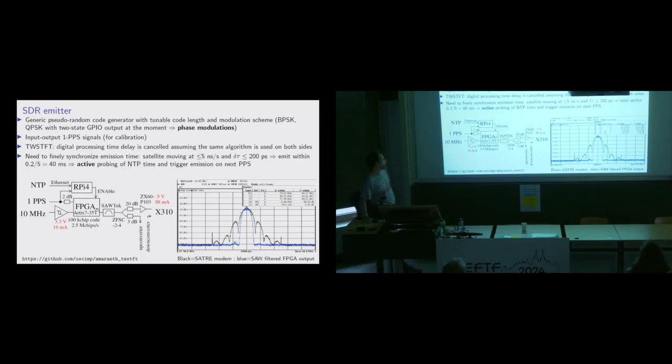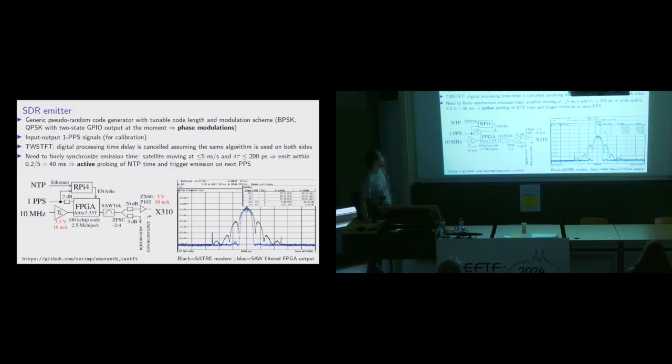the time of the reference time and the one going to the up converter and down converter. Here we're using the VSAT system provided by TimeTech when they installed the two-way satellite time frequency system. So you see here, the black is the SAT modem transmitter, the blue one is the FPGA output, so our SAW device obviously is rejecting the sidebands here, but basically within the bandpass we are matching a